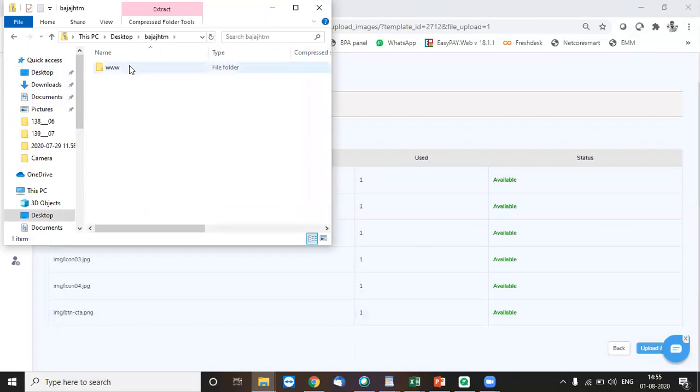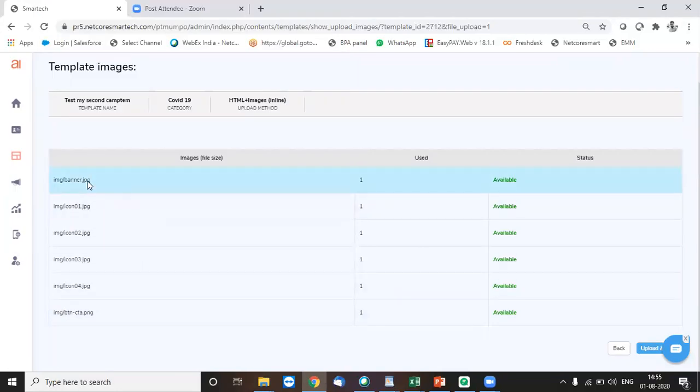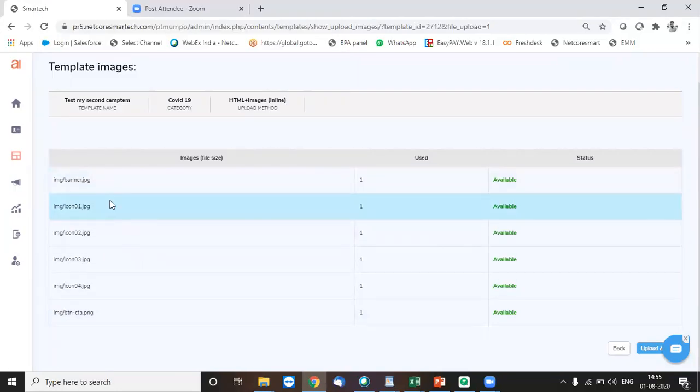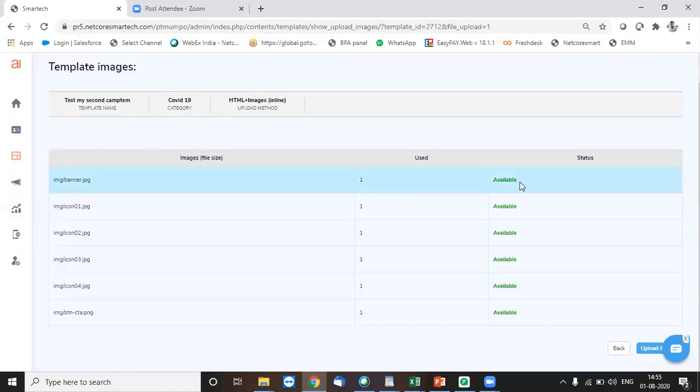So there was a folder img, wherein the image banner.jpg is stored. So that is how the nomenclature is. Now here you see, this is giving me an available option, which means the platform is able to locate the image that you have mentioned over here exactly in the folder that you have uploaded.